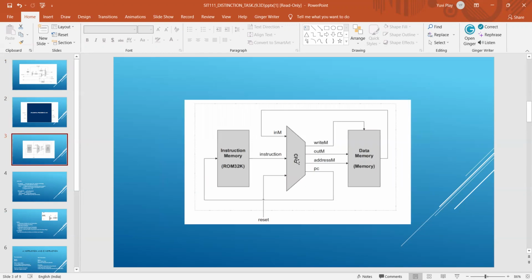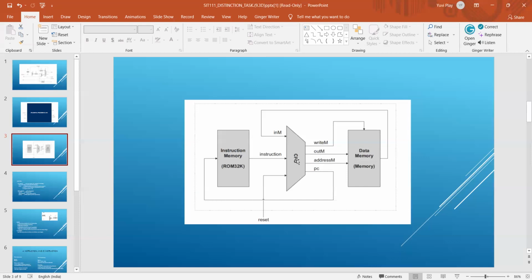In this diagram, the CPU is connected to the instruction memory as well as the data memory. From the instruction memory, a specific instruction value is input to the CPU from the selected instruction memory register. The next input is inM, which is the input data of the selected memory register. The next input is reset. The reset input tells whether to bring the CPU back to the initial state when the reset value is equal to 0,